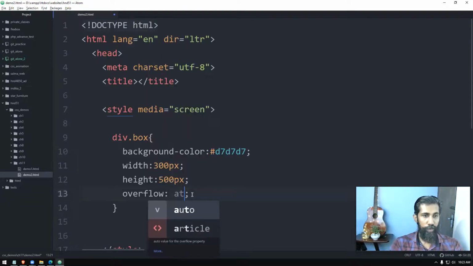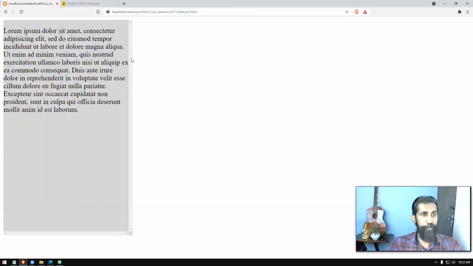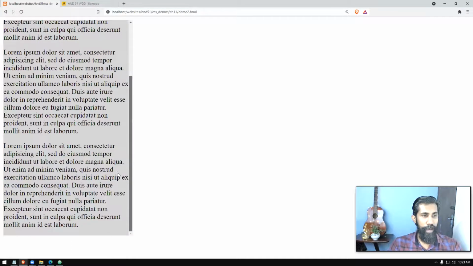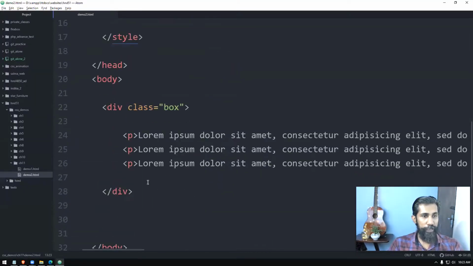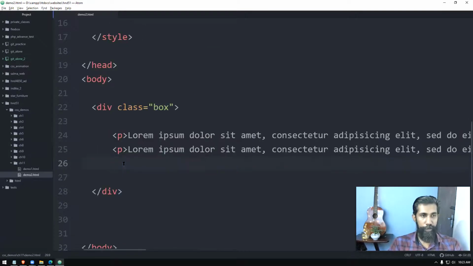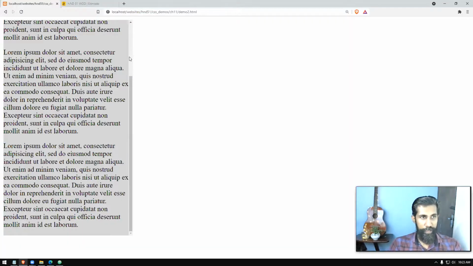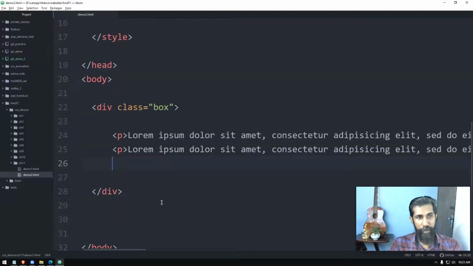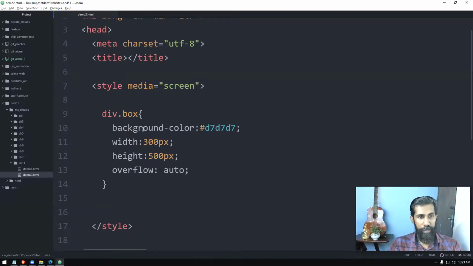If you give auto, that means if we have more text, it will display the scroll bar. If you don't have much to display there, it will simply avoid displaying the scroll bar. So that is the basic idea about using these overflow options.